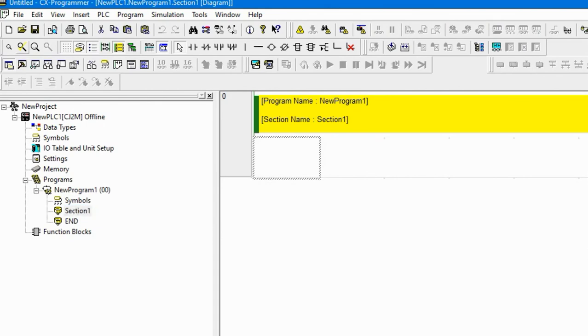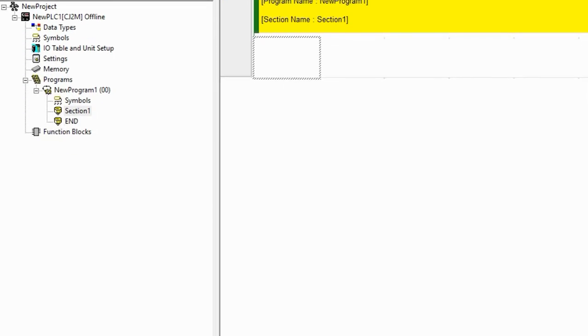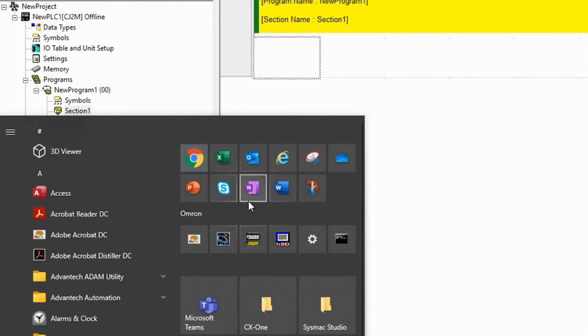We've powered up everything, we've connected everything to the Ethernet switch, and we've set the IP address of our coupler, and we set the IP address of our PLC. So the next thing to do is to configure the network for the Ethernet IP with this new coupler on it. The way that we do that is we'll go to CX-One with Omron, and when you're in Windows 10, and depending on how you've installed it,